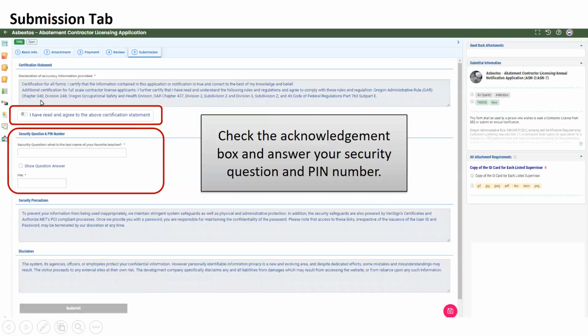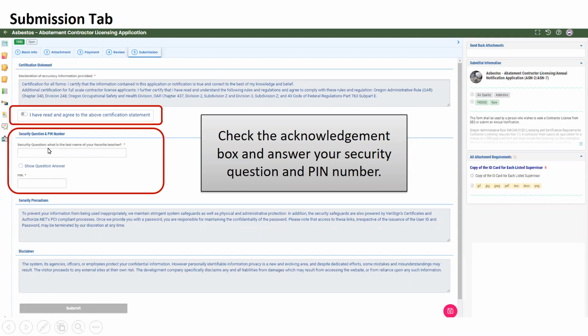You'll see up here that this certification statement is similar to the one that used to be on the old form. Because you're applying to become a full-scale licensed contractor, you're certifying that you have read and understood the rules and you know how to comply with them. You will click on the button here to say, I have read and agreed to the above certification statement.